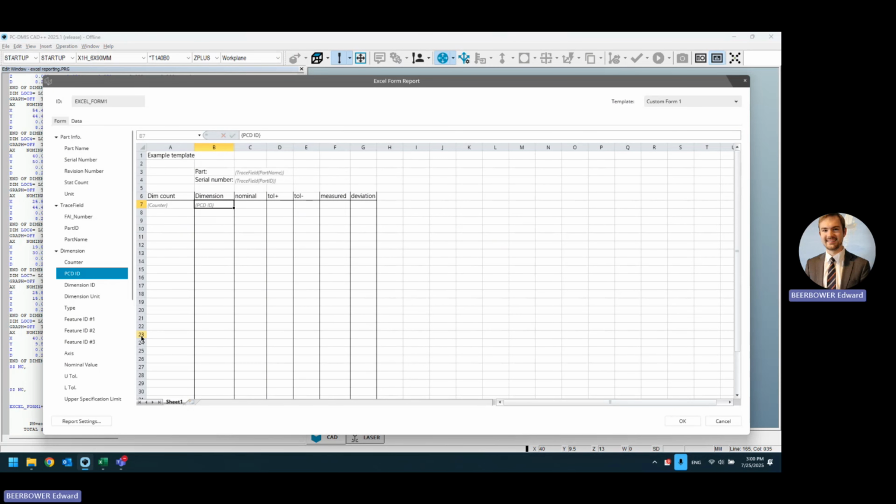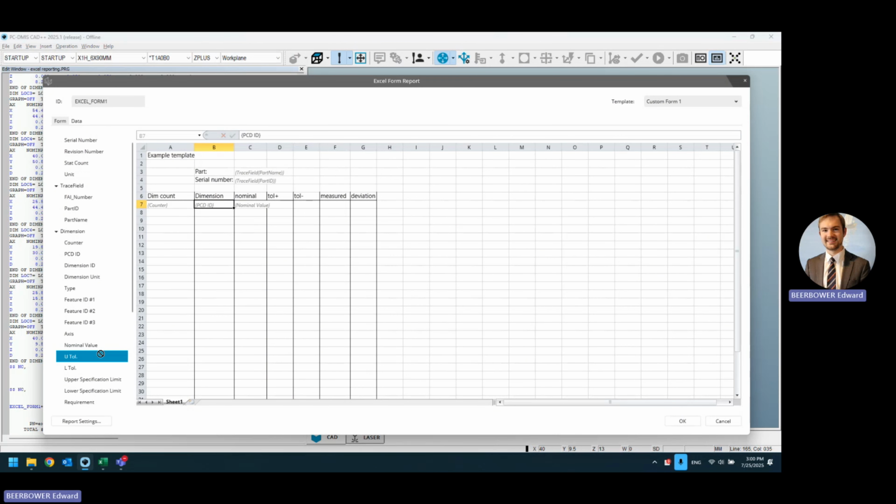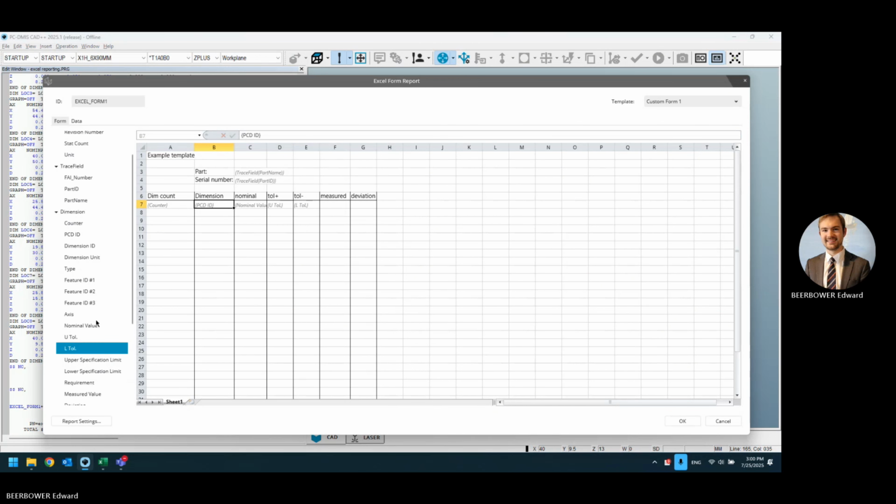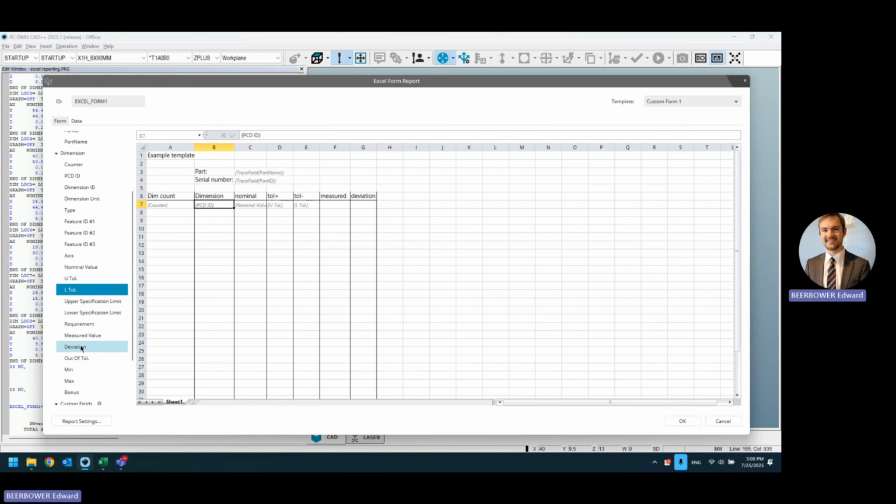And I want the nominal value, and upper tolerance for our positive, and lower tolerance for our minus tolerance. Then our measured value and deviation. And I neglected to have an out of tolerance column for my data, but of course that's the benefit of having my custom form, is I can put whatever I want in it. Now, if this is all I need